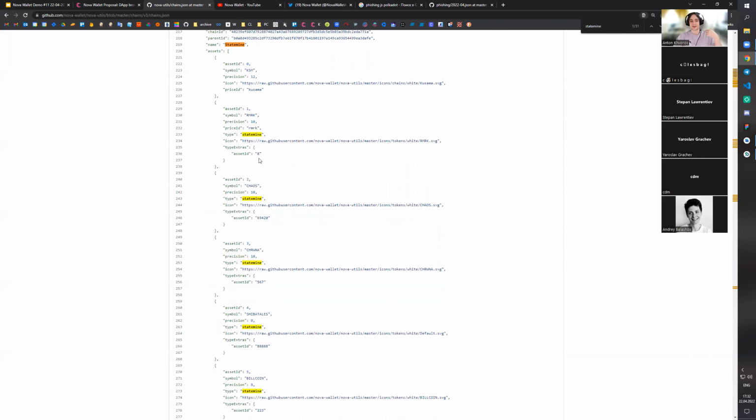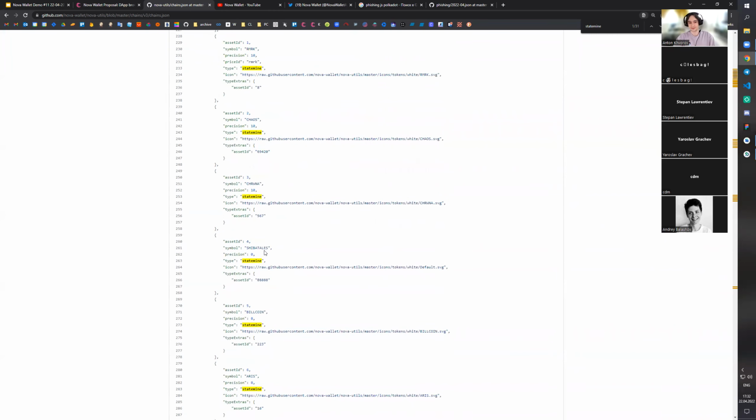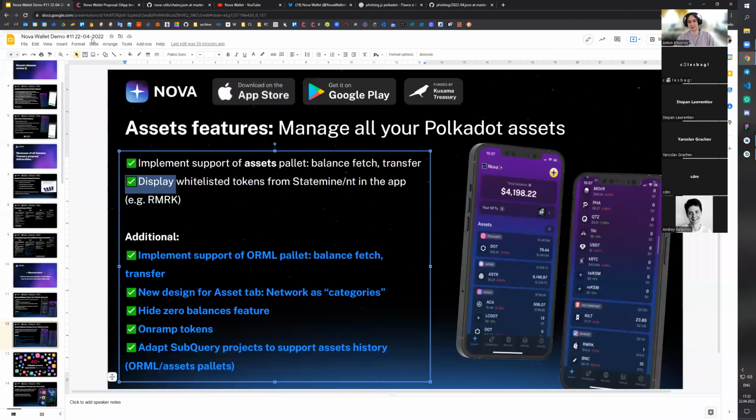All right. So anyone can do this pull request to us, and basically, yeah, we will enable this asset in the app after some testing and verification. And yeah, we have lots of additional features for assets. Let's talk about them. So implement support of ORML pallet is kind of the same thing that we did for the assets,